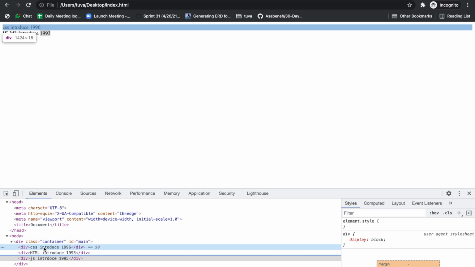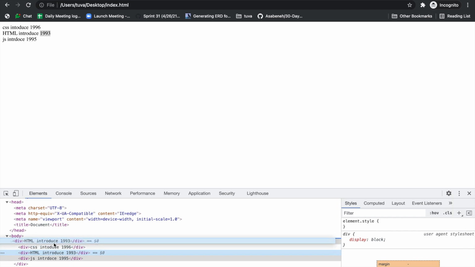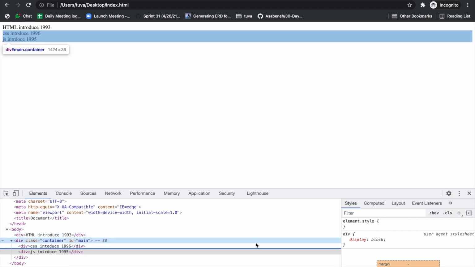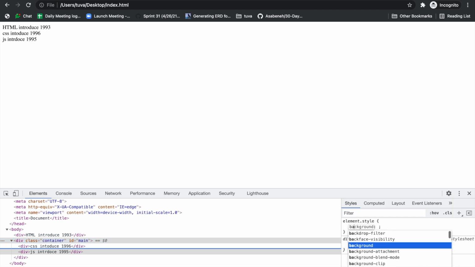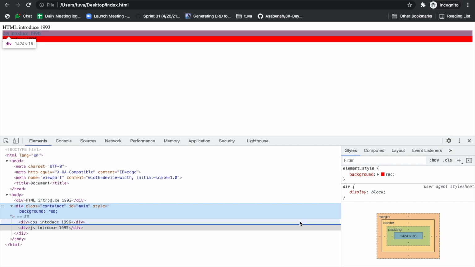See, we can move it everywhere outside of the container. We can give the background color in CSS. These things are just for your understanding, but actually we are not going to change the DOM like this.